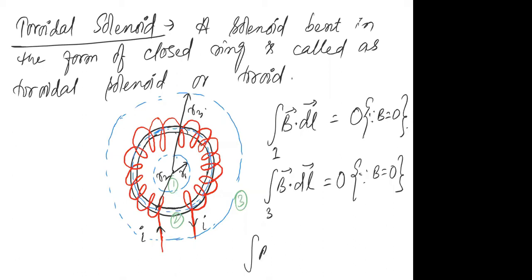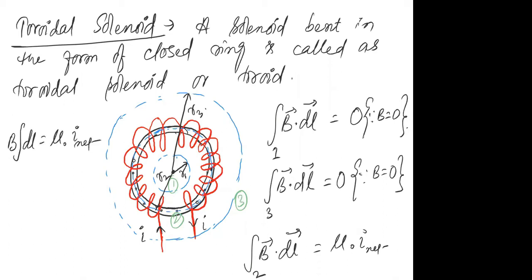Try to understand. If I take the line integral of B dot dl over loop 2, it should be equal to mu naught I according to Ampere's Circuital law. Now, what will be the value of this B dot dl? Can I write B? And remember, this I is the net current. Always remember that. We can take B as constant because at every point of loop 2, the magnetic field value will be the same, as every point of loop 2 is equidistant from the center. Hence, the magnetic field can be taken as constant. So it will be taken out of the integration, B integral dl is equal to mu naught multiplied by net current. Moving on, let us integrate this.